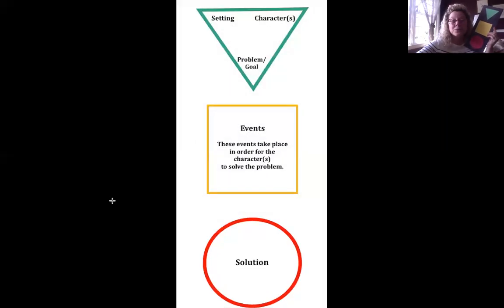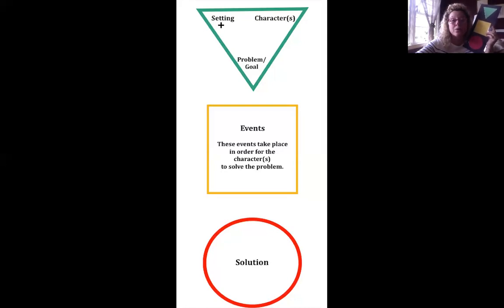And what you can do is you can pause your video and you can take a screenshot, and this will be a nice tool for you to use then that you can look at that reminds you when you're retelling